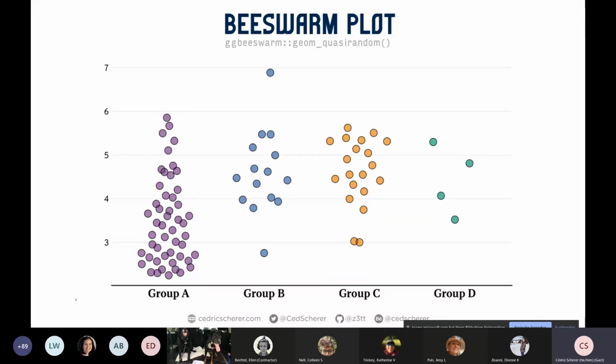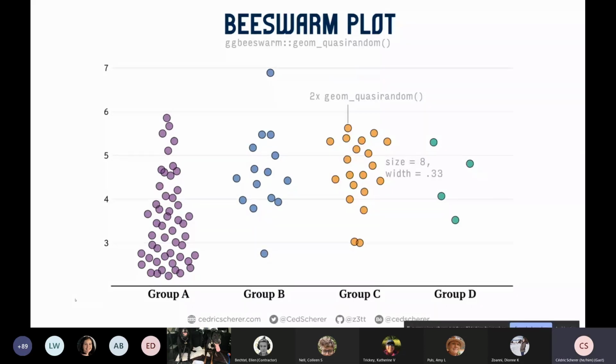Similarly, the ggbeeswarm package also has a geom_quasirandom, which overall looks the same. And here we have the size and the width argument, so you can always control the dot size and also how much they spread. Again, I'm using two times the same, and here you can see that there seems to be no seeding because they always draw it at the same position. And again, I'm using a colored point and then a black circle to highlight overlapping points.